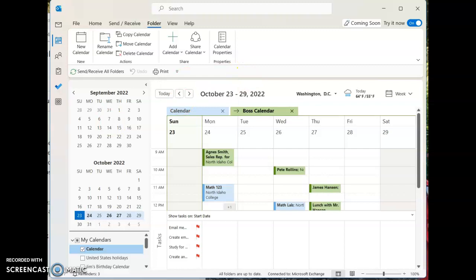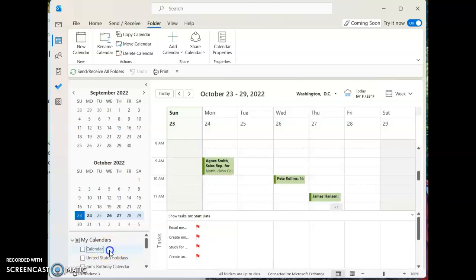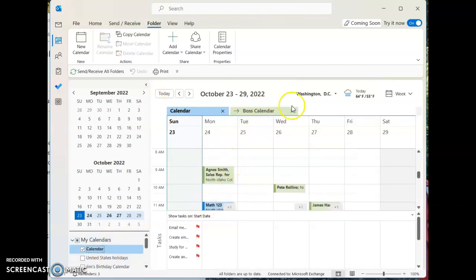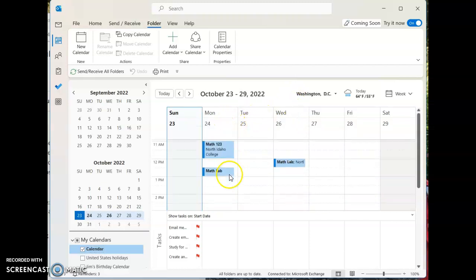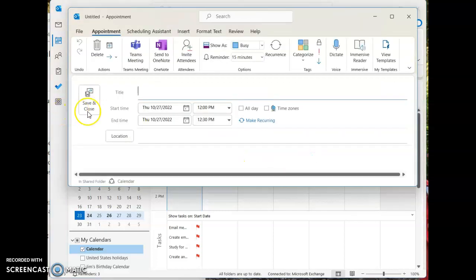I can show you how I can add an event. For this, I just went to my calendar, and it's as simple as clicking on the date and the rough time, 12 o'clock. I'll just put MATLAB in here again. You just simply type in MATLAB, 12 o'clock till probably 2, and